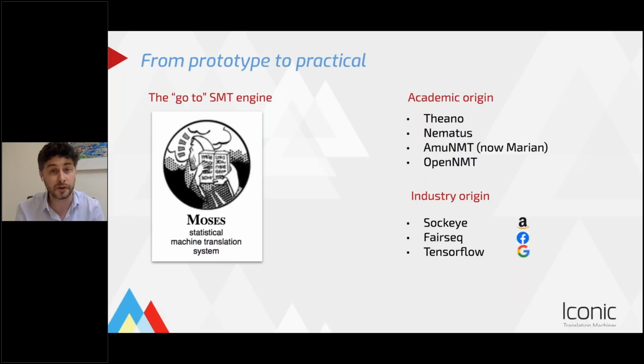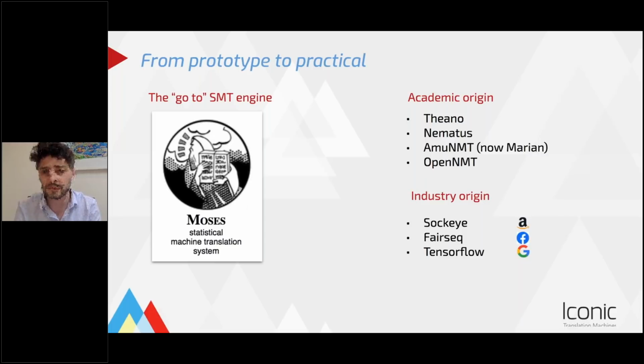And in fact, a lot of commercial organizations who are offering MT as a service were probably just using Moses off the shelf in the background in order to deliver this. And at the beginning, there was no such similar option for Neural MT, but that quickly changed, I would say. So firstly, there was a release of a number of tools born out of academia, such as Theano, which